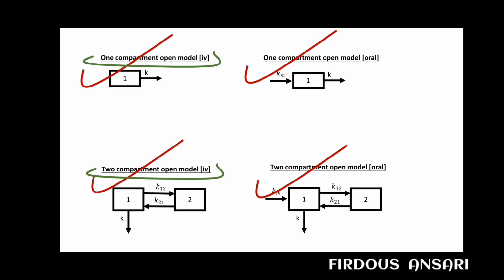Like from the one compartment model, we are just getting the rate of elimination. So that data we are taking and we are using it in the two compartment model. Like in two compartment we know the rate of elimination, so whatever is left behind will be the amount of drug distributed. So we are just comparing the data and we are getting the result.